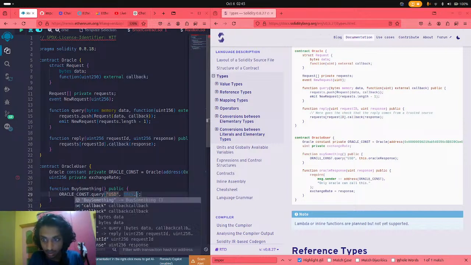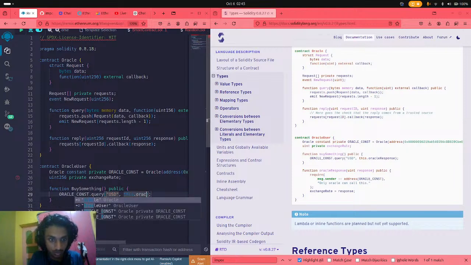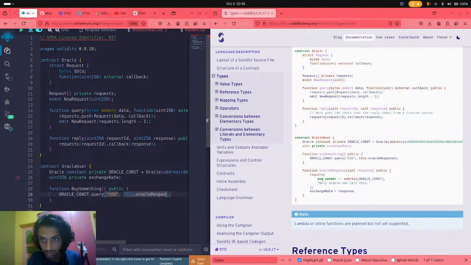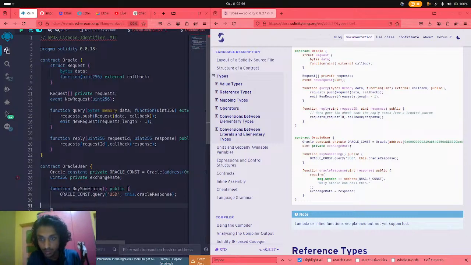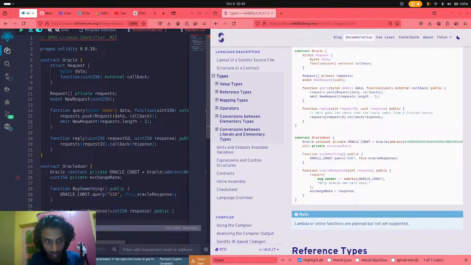This dot Oracle response. Function center is const